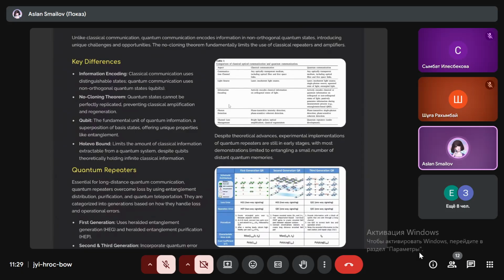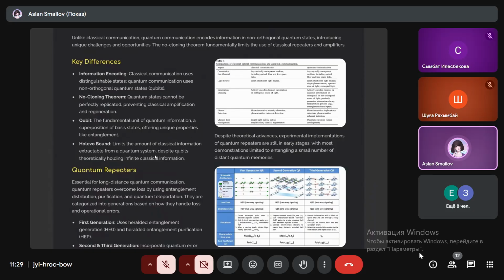You see it in the table under the no-cloning theorem: quantum states cannot be perfectly replicated, preventing classical amplification and regression. Qubit, I also said before about the qubit. Okay, let's move on. And the Holevo bound limits the amount of classical information extractable from a quantum state,